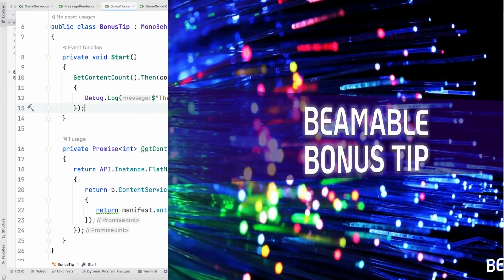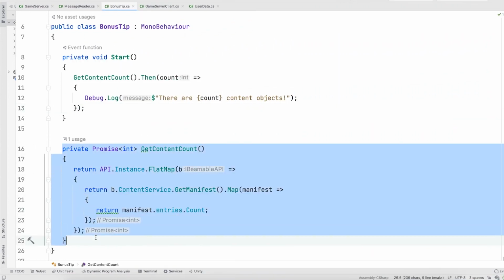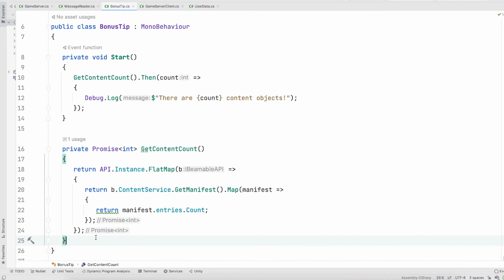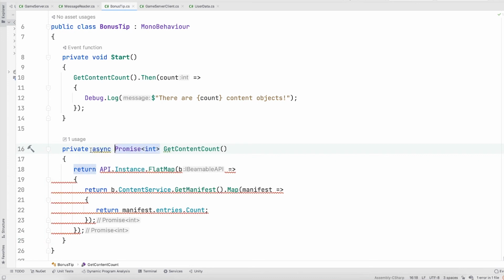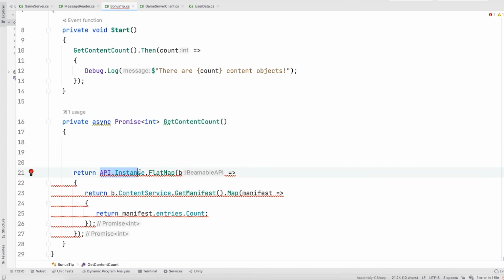Promises are async awaitable. That means if you have a method like this, where you're using a Beamable promise but you keep on having to nest in more callbacks, you can flatten this out using the async await style. Let's rewrite this method using async await. First, we'll mark the method as async, which means instead of doing all this, we can take this expression and await it,